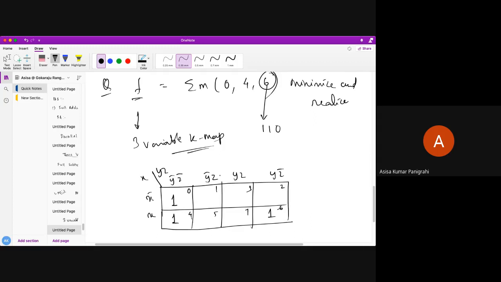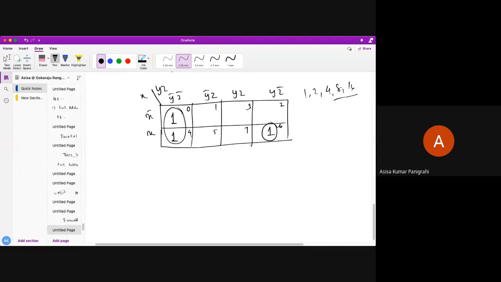I told you to combine the maximum number of ones, and they should be adjacent minterms. So I am just combining these two. Now what is the minterm left out? This minterm. The pattern is 1, 2, 4, 8, 16, like this I have to combine. Let's say I am combine like this. So see here, this is the value I have got. What is common here? y bar z bar. And what is common here? x y z bar. So I have got F is y bar z bar plus x y z bar. How many literals? 5 literals I have got.